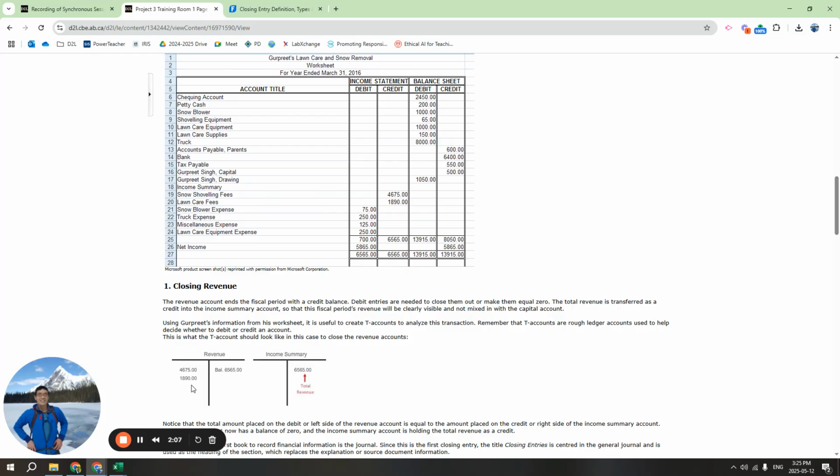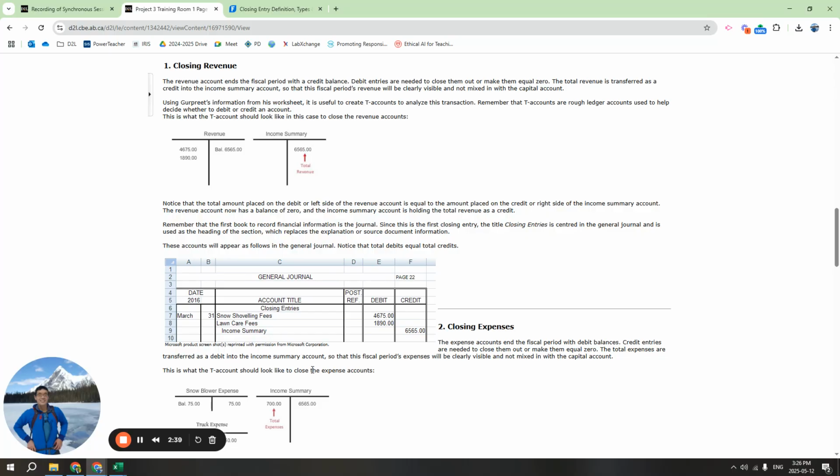To cancel out those credit entries, we need to put in a balance entry, right? The balance is in the credit column. So to counteract that, we need to put in a debit entry. And remember, in accounting, whenever you put in a debit entry, you have to put in a credit entry. And so then we have to credit the income summary account, all right? And then